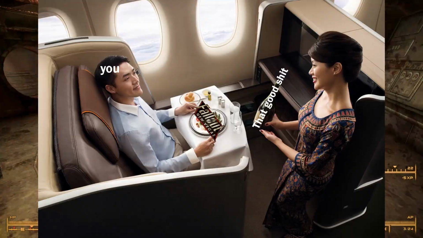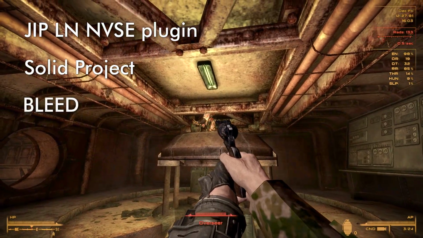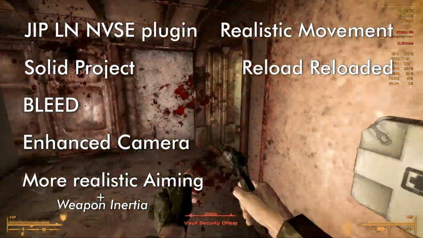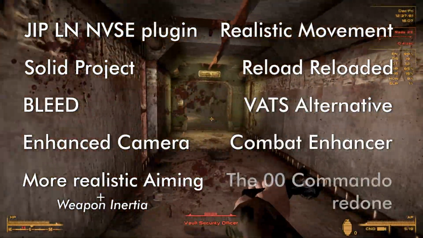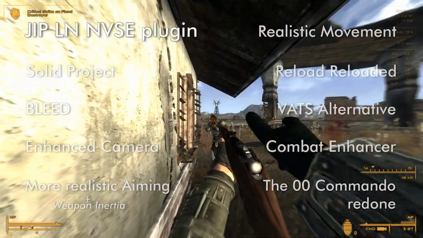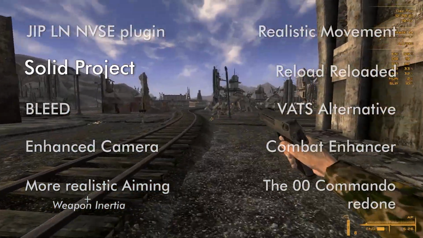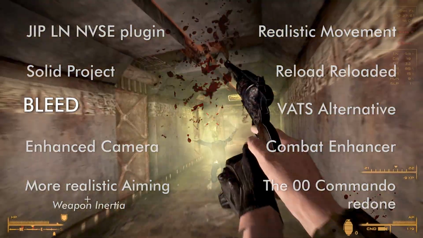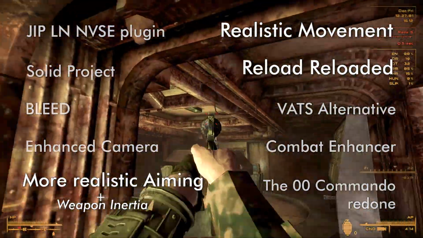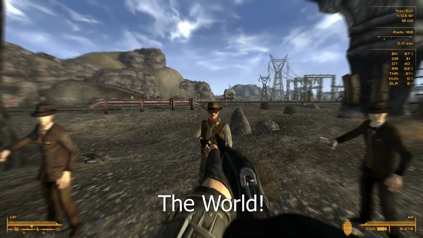Therefore, the meat of the premium Fallout experience consists of GIP plugin, Solid Project, Bleed, enhanced camera, more realistic aiming, realistic movement, reload reloaded, VATS alternative, combat enhancer, and the OO commando redone. What they do is add locational damage threshold so body armor doesn't protect your head, fix melee and add proper crosshairs in sprint, fix how damage is applied, fix first person camera so you can see yourself, make aiming, movement and reloading more realistic, turn VATS into something remotely interesting to use,